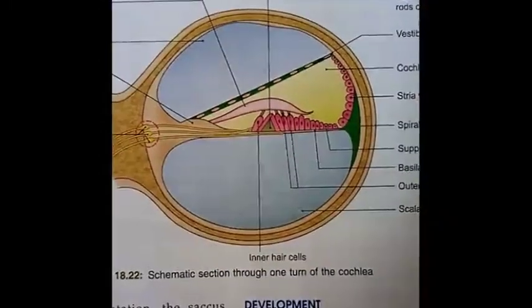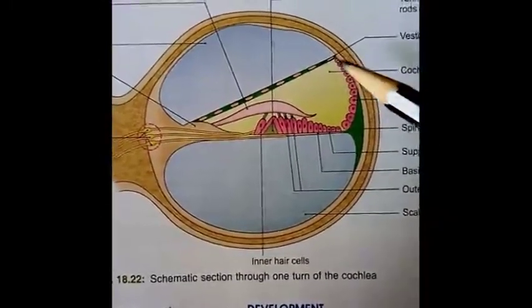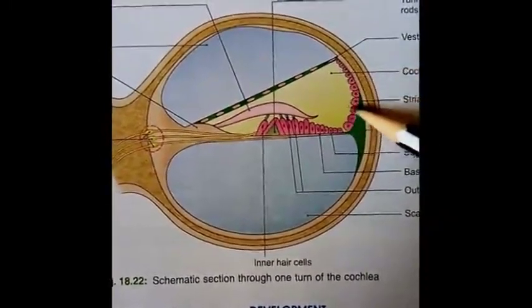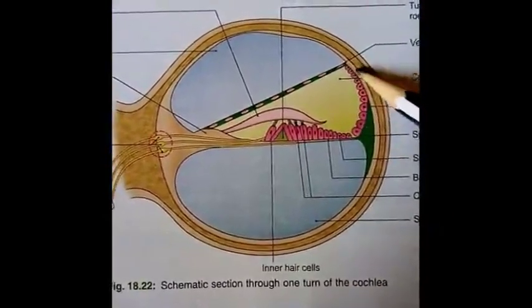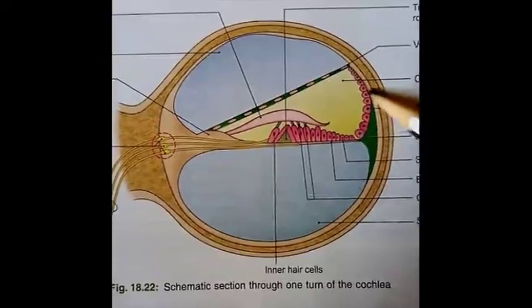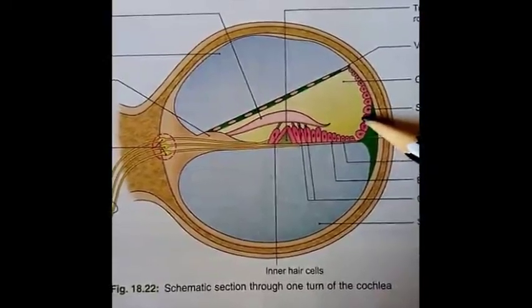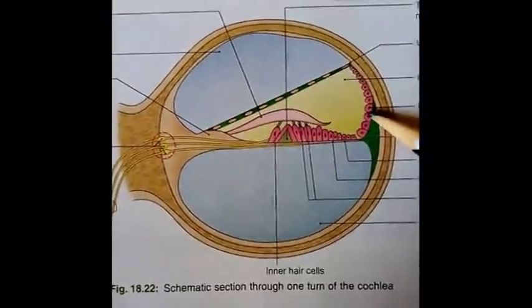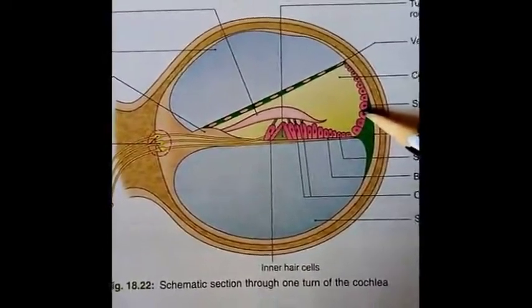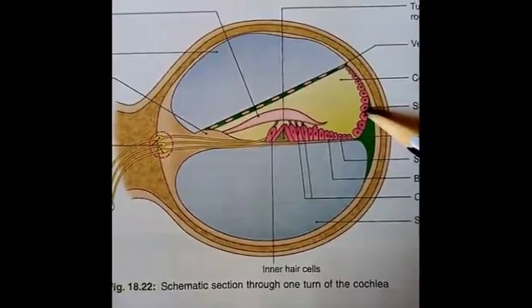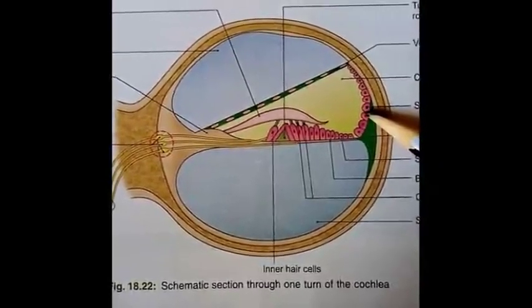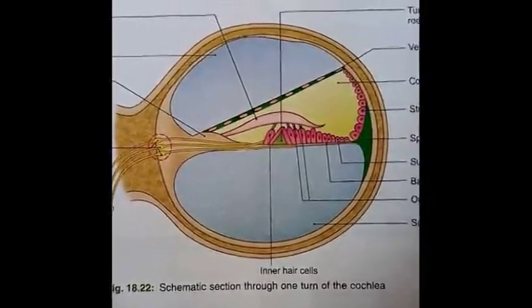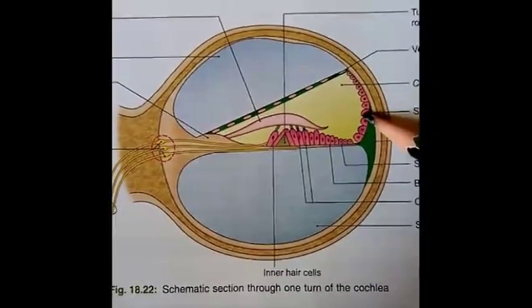Applied anatomy related to internal ear. First is endolymph is produced by stria vascularis. It is a layer of cells which is rich in blood supply. These secrete endolymph, and this process requires melanocytes. And the disorder of melanocytes, which is known as albinism, in that condition the person may also be deaf. So deafness is associated with albinism.